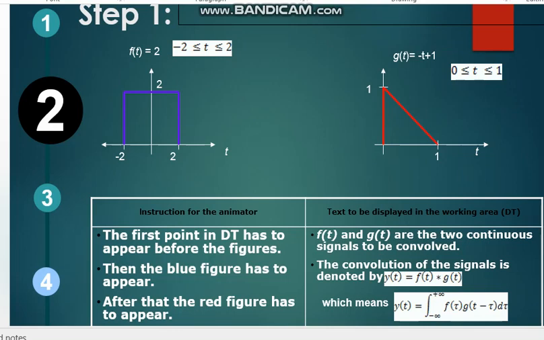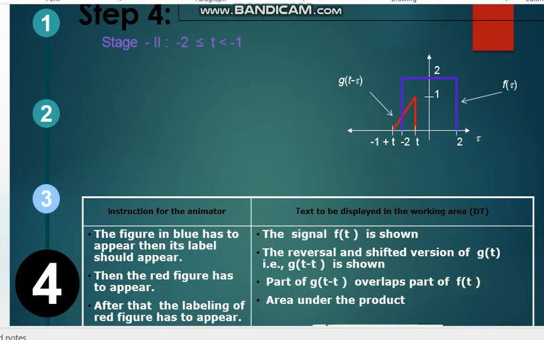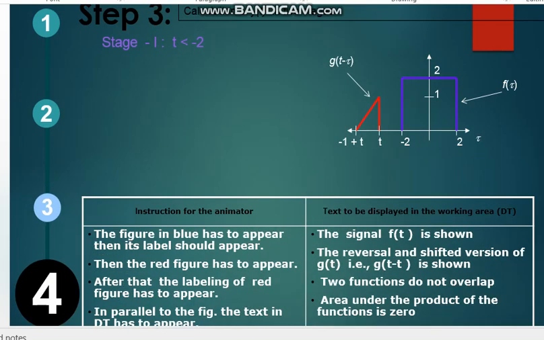Then that will give us some conditions. So first of all, when we just take this thing, stage 1. What is stage 1? In that stage, we have to take minus 2 less than t less than minus 2. That means the last value of our range